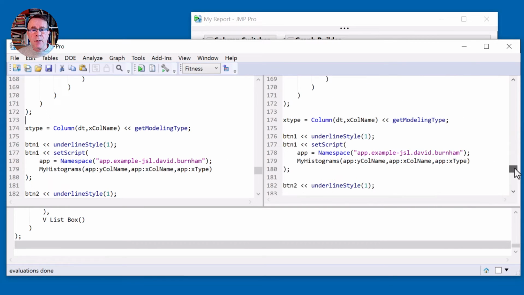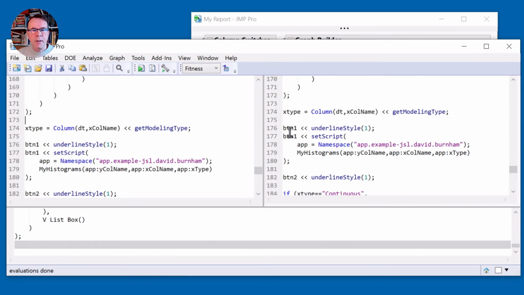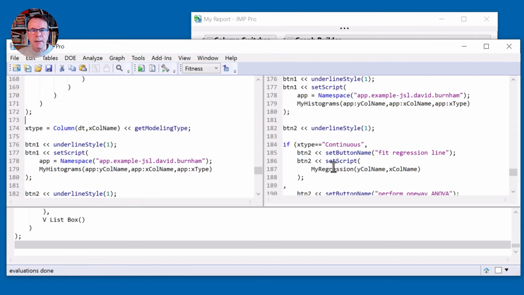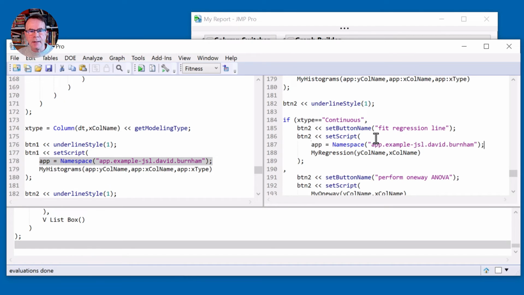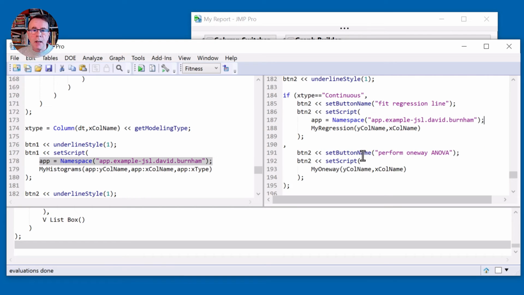So we have at the bottom, the first button was histograms. The second button is either my regression or my one way, and they both need to have this principle applied. So both of those definitions, whether we are here or here,